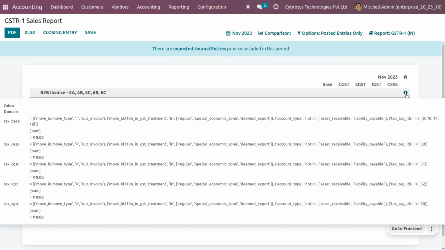So the GST treatment that is going to apply will be regular, special economic zone, and deemed export for the business-to-business invoice. And you can use 13 taxes with the IDs 9, 10, 11, and 18, as well as 39, 31, 32, and 30. So if you want to find the corresponding taxes of these IDs, it can be found from the pie chart using a code. I will be providing the code, the query, in this window. So you can use that if you want to get a particular